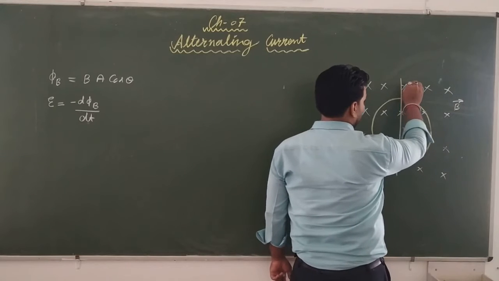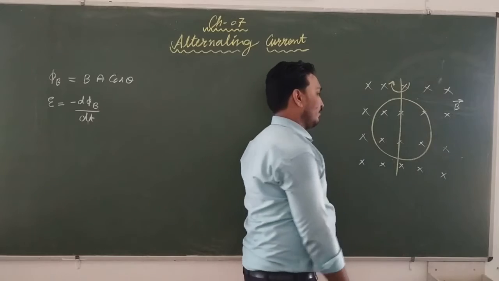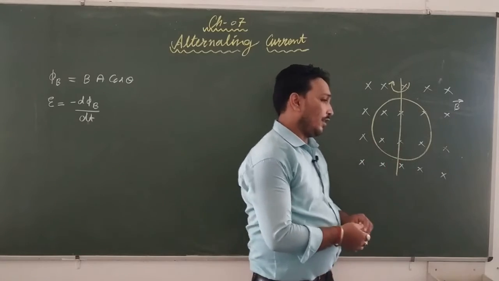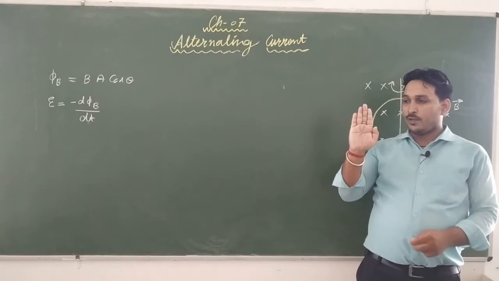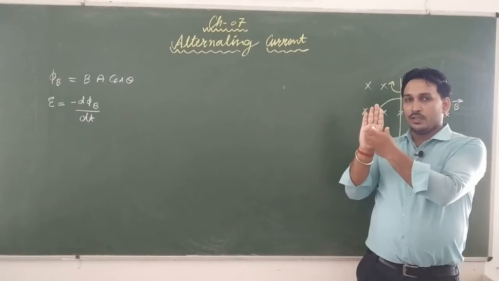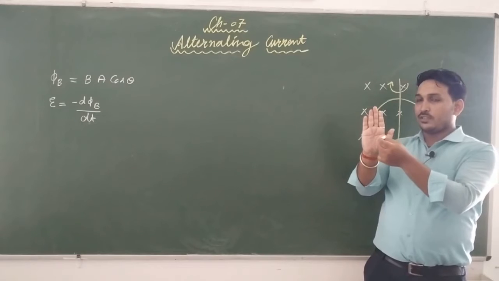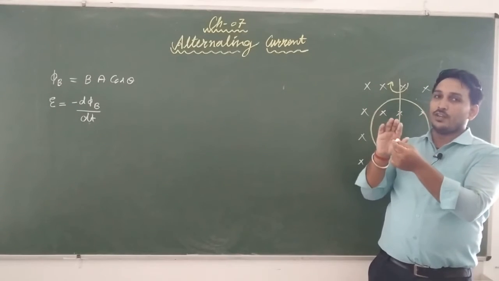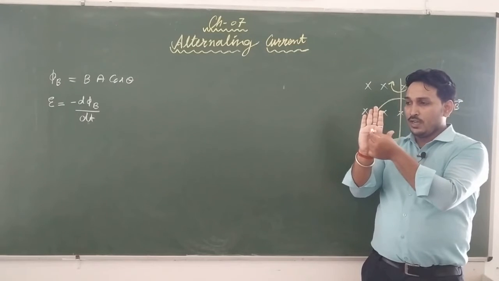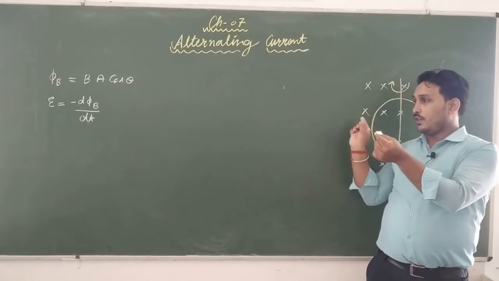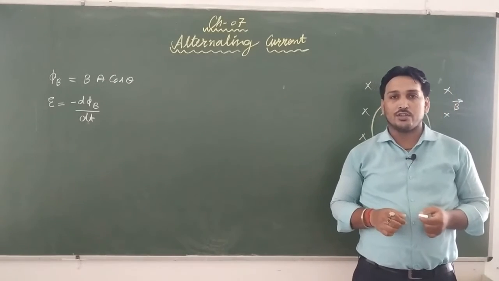Now I am giving you a case in which this coil is rotated. If its plane is like this, it is rotating like this. So if its plane is like this, the area vector will be in this direction, and the magnetic field is in this direction. If it is kept like this, the angle between the area vector and the magnetic field is 180 degrees. But if it is rotated, just see this chalk, this denotes the direction of the area vector. If this coil is rotated, the angle between the magnetic field and area vector starts changing.